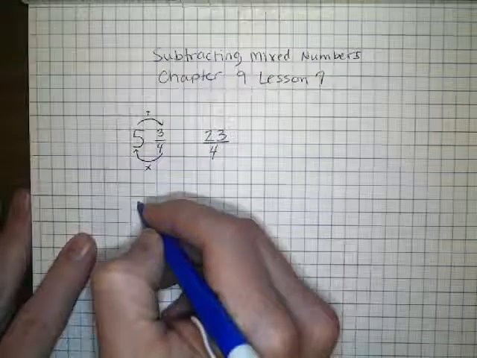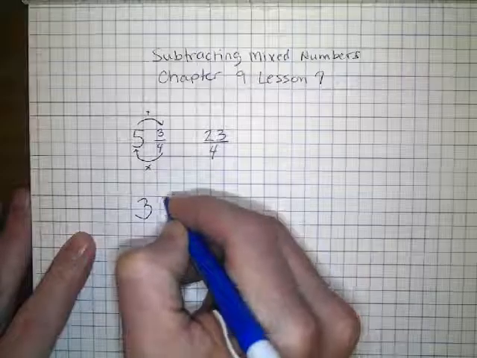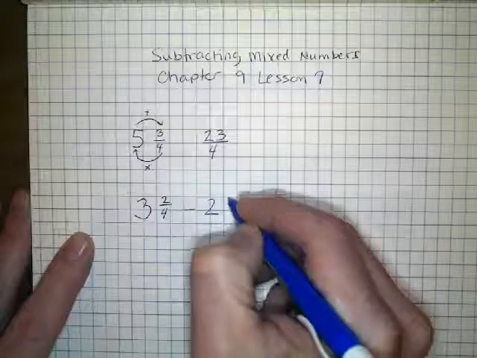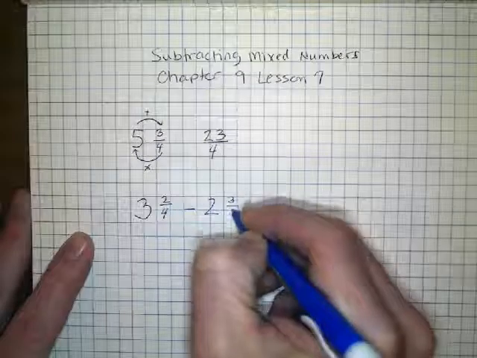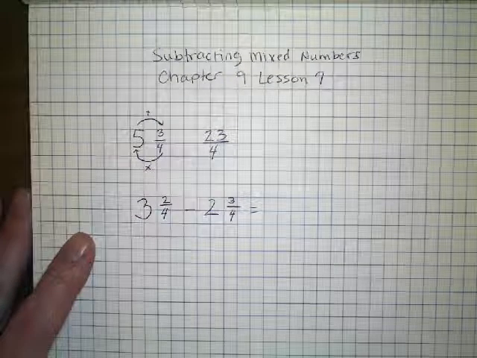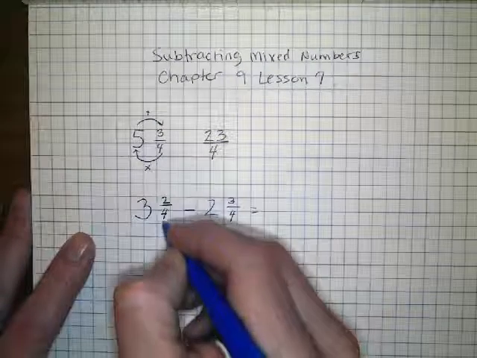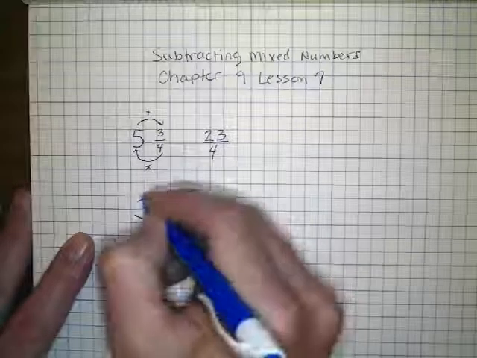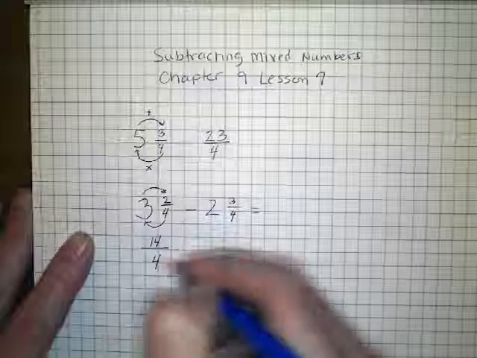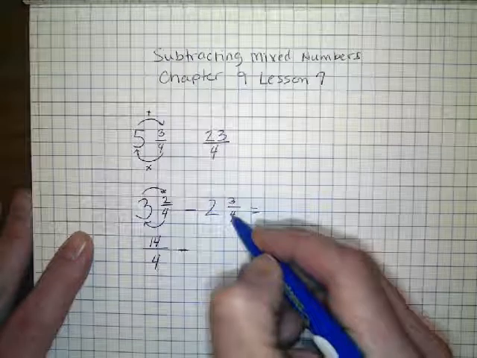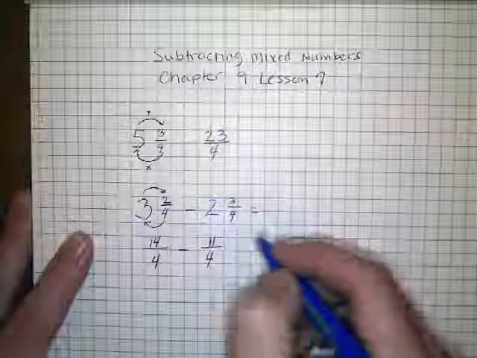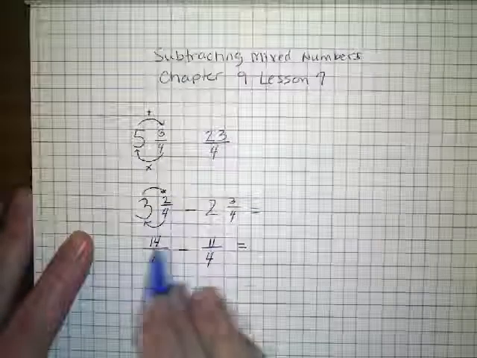So let's do 3 2/4 minus 2 3/4. So we're going to take both of our mixed numbers and transform them into improper fractions. So 4 times 3 is 12, plus 2 is 14, original denominator, and we're going to subtract. 4 times 2 is 8, plus 3 is 11, original denominator, and that's going to give us 14 minus 11